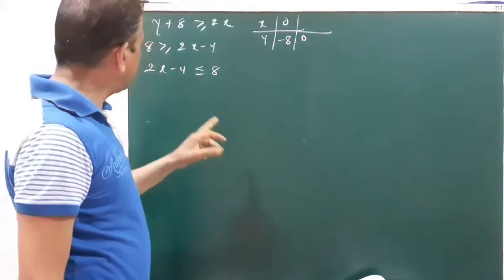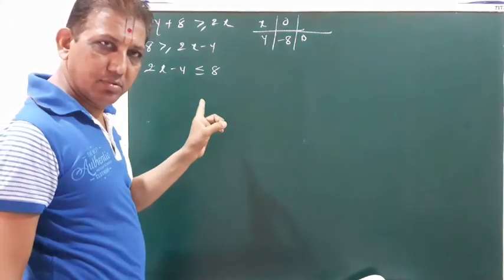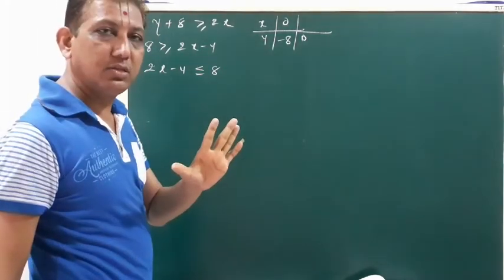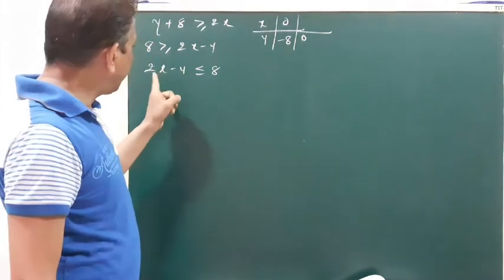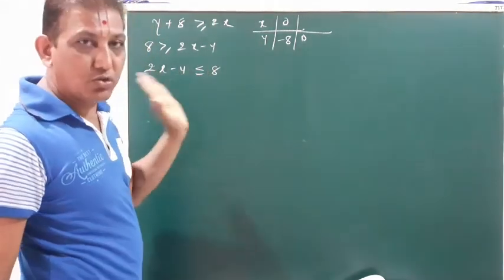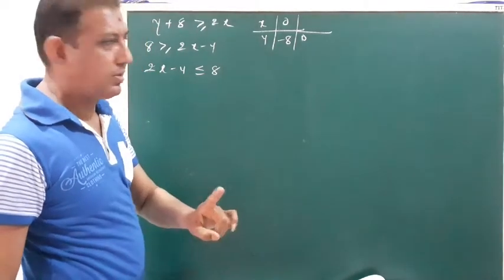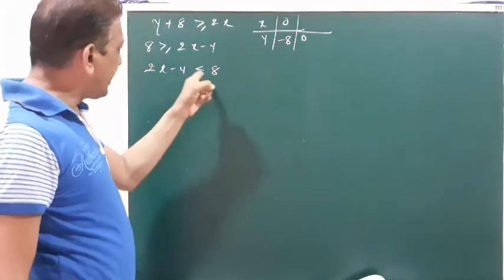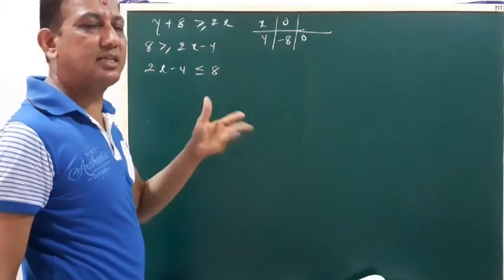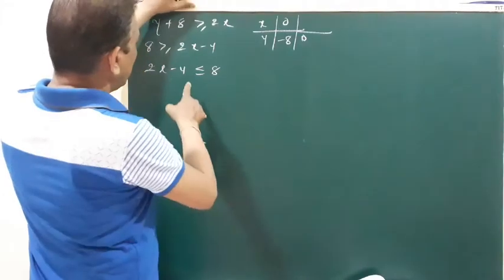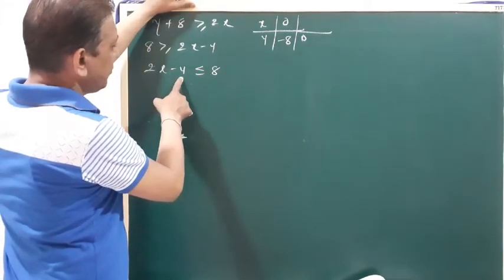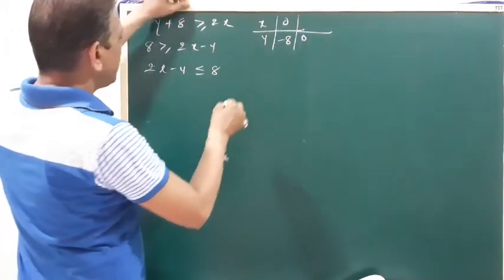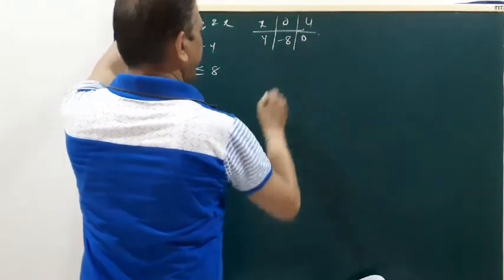First thing, remember, whenever you solve, we always accept the equal to sign. By the standard, our equation is 2x minus y equal to 8. Then prepare the table. When you draw the graph, then you can apply the sign less than or greater than. So with x equal to 0, minus y equal to 8, so y equal to minus 8. Now put y equal to 0, 2x equal to 8, so x equal to 4.